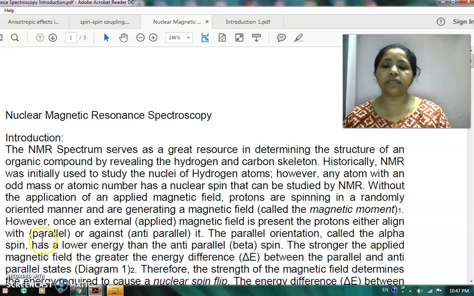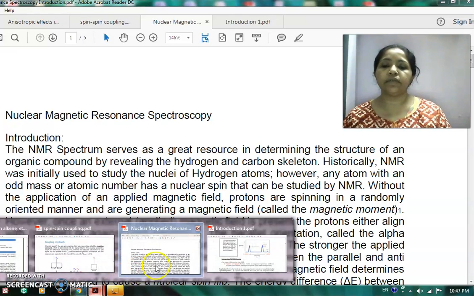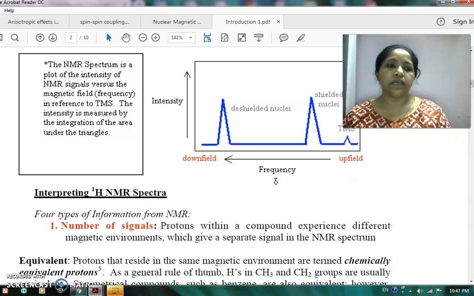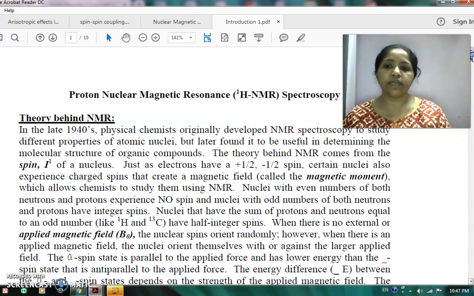Now, how did it start? The first thing that we have to know is how it started. It was first revealed that the atoms with an even number of protons and neutrons have a kind of diamagnetic character, and they do not have any kind of magnetic field. But the atoms which have an odd number of